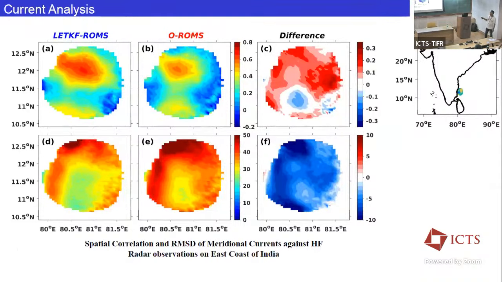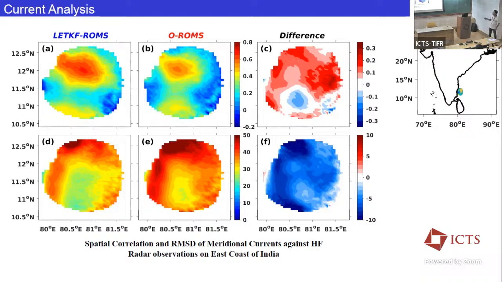There is another called HF radar system. Okay, observation system, HF radar. What it does, so you kind of install it at the coast, and it only has a range of about 200 kilometers. So install it in the coast, over a circle, it is going to measure your surface currents, and that too at a very high frequency, every 15 minutes or so, and spatially also every 200 meters, if I am correct. If I do not, yeah, I think every 200 meters, it will measure your surface currents.